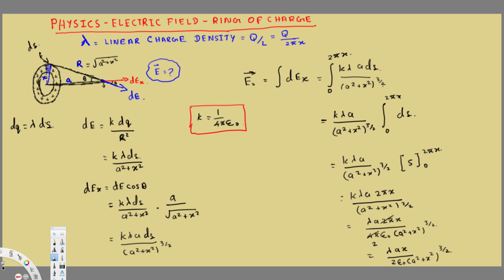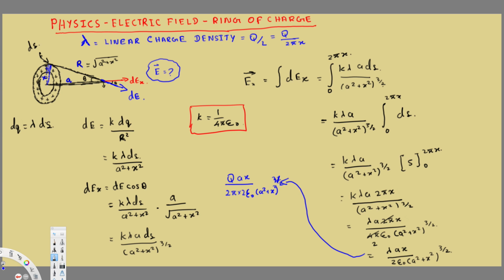And if you look at the first equation, lambda is equal to q over 2 pi x. So if I replace lambda with that, maybe I can bring the k back to write it in a simpler form. So the last answer is going to be, instead of lambda, q over 2 pi x: q a x over 2 pi times 2 epsilon naught (a square plus x square) to the power 3 by 2,